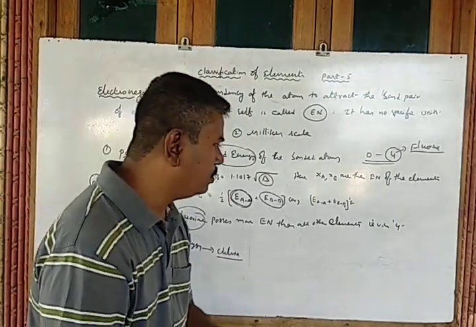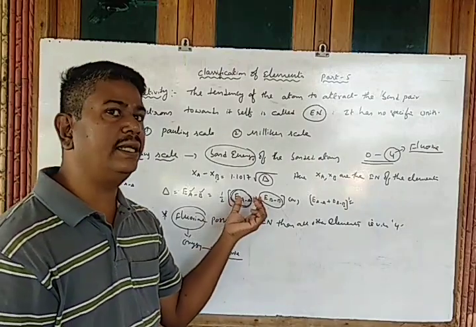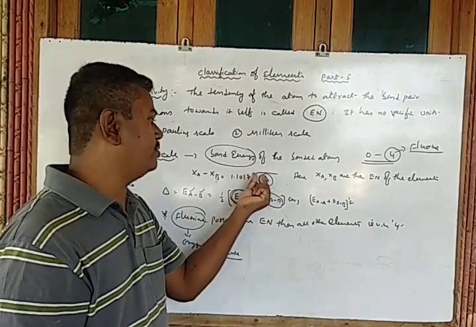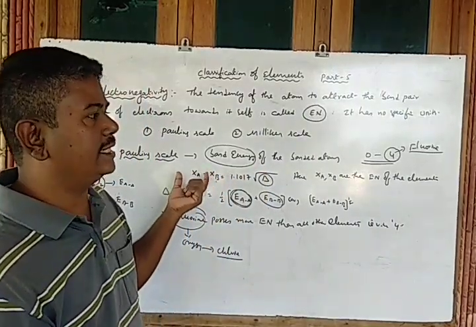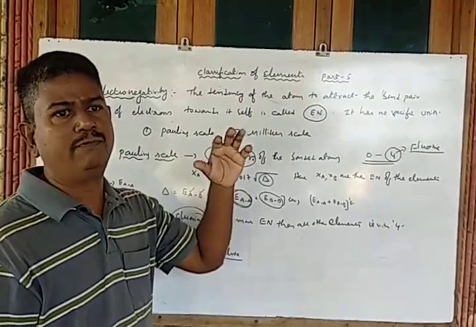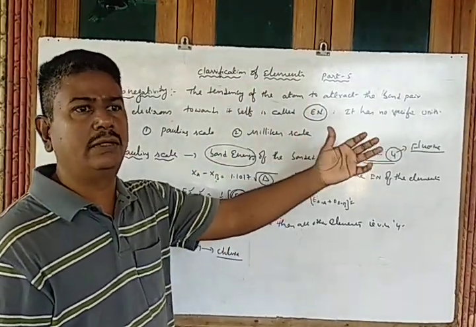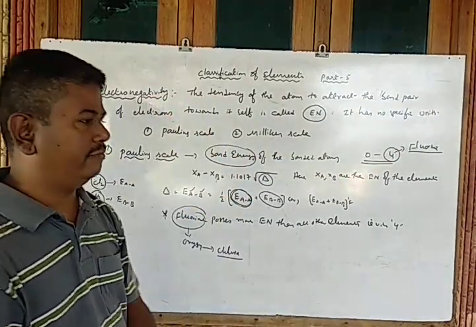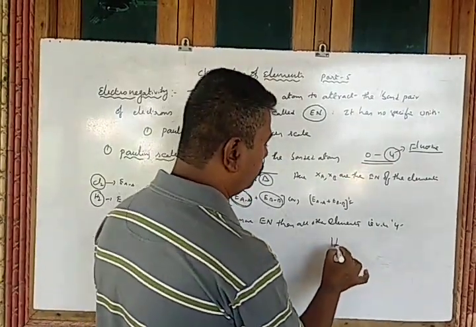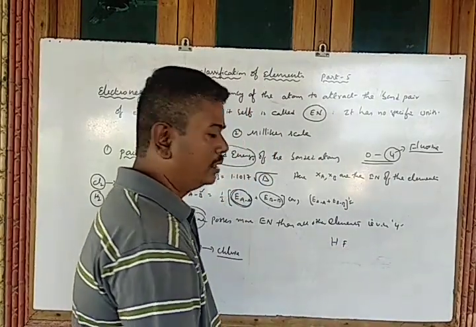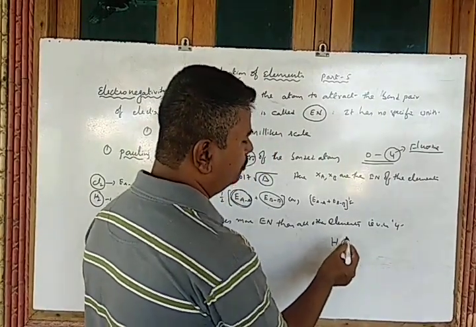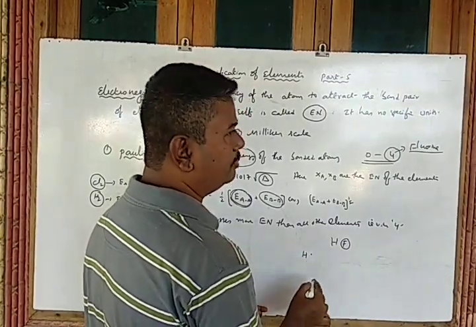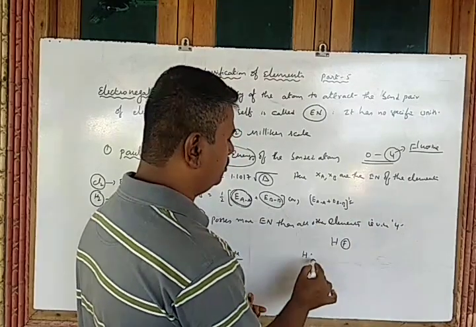So what happens here now? While you are substituting the values of the individual bond energies of the atoms, we calculate the delta value. The difference gives the electronegativity of the bonded atoms. The more electronegative atom has the tendency to attract the bonded electrons towards itself. For example, in hydrogen fluoride, according to the Pauling scale, fluorine is more electronegative. Here hydrogen contributes 1 electron and fluorine contributes 1 electron.